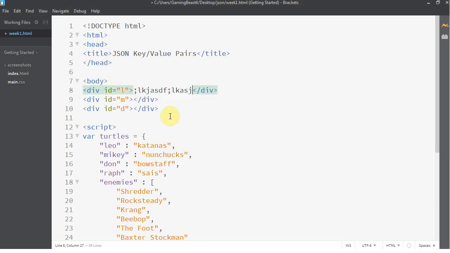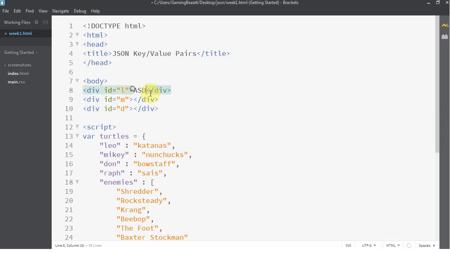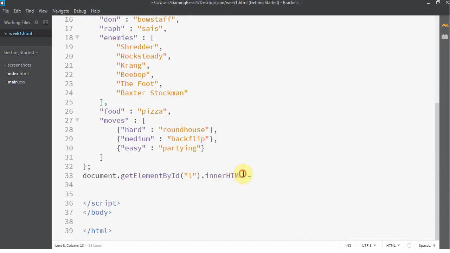Using JavaScript, I'm going to be inserting text inside of the div, which then therefore will show up on the page. So right now these divs are just placeholders. And using JavaScript, I'm going to actually put text in between. Okay, so that's what I'm doing. So I'm basically saying the text in between of the div with the ID of L is going to be equal to something like,